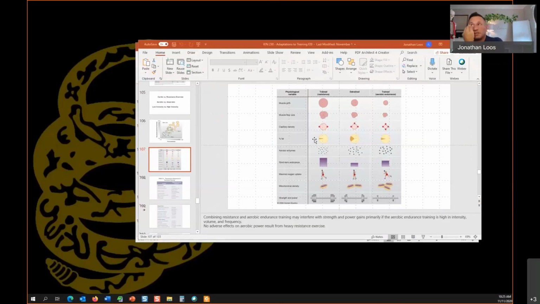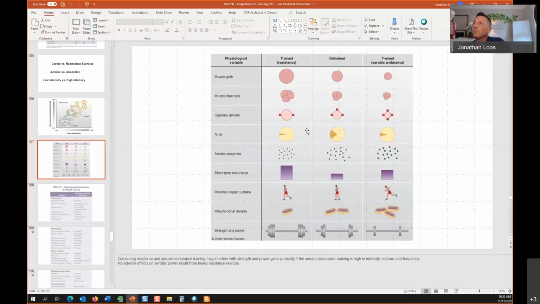So looking at this slide here, the general adaptation syndrome, and then understanding the changes that are actually going to occur, right? That you're going to get more powerful and stronger with anaerobic type training, and you're probably going to get maybe a little weaker with aerobic training because of the loss of muscle tissue that's happening, right? The type 2 converting to type 1, which don't really lend themselves to that. Understanding the difference between, this will be on the test, and understanding the density aspect,